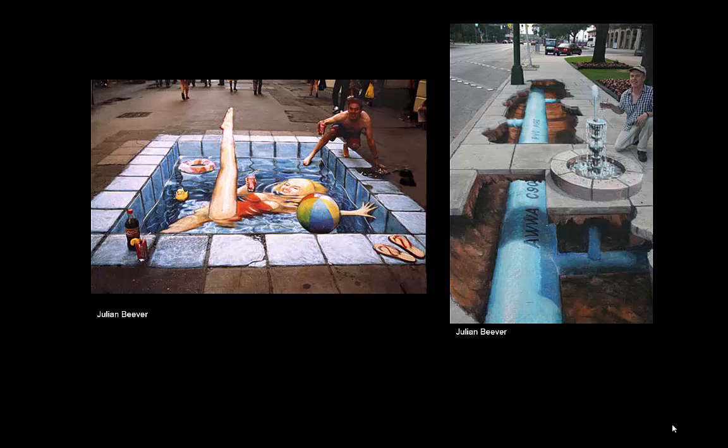And so he will draw these so that when you are standing on a sidewalk from a certain perspective, you're going to see this almost three-dimensional appearance to the drawing. It creates the illusion of dimension. But it really, again, depends on your perspective, where you are viewing that drawing. Notice that for these two sidewalk drawings, they're both done from a particular angle, and the way you're looking at it, you get that sense of three dimensions. Now, if we look at another drawing here in the next slide,